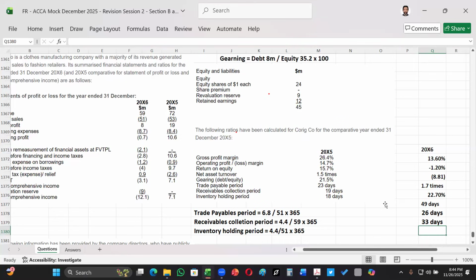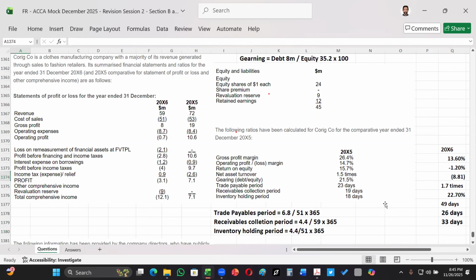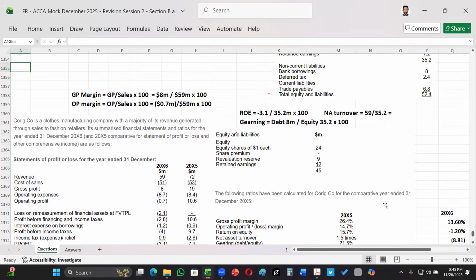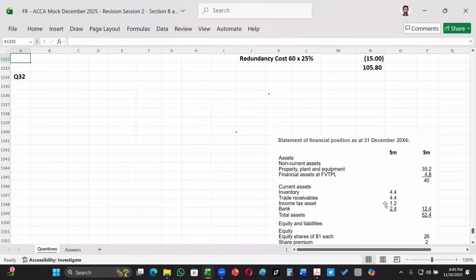So these are the ratios which were required to be calculated, and this gave us only 4 marks. Okay, so now comes the real tricky thing, which is in terms of the performance and the position. We have discussed all the aspects, because we have identified the issues which are related to the case, like their specific situation, their redundancy cost.